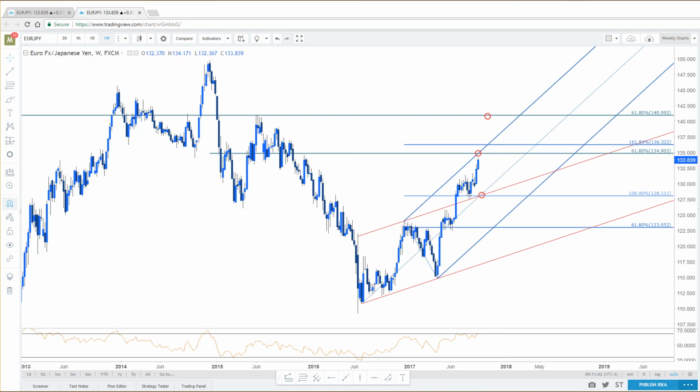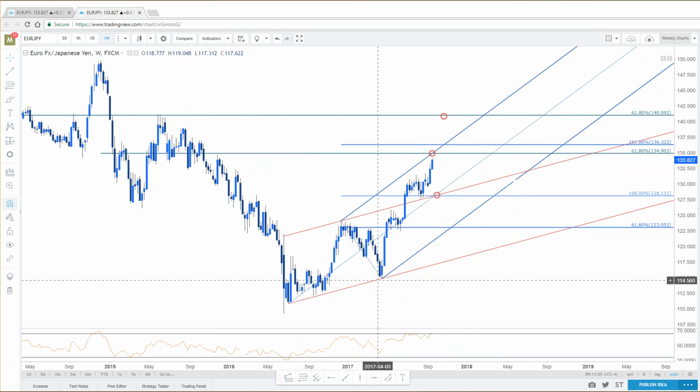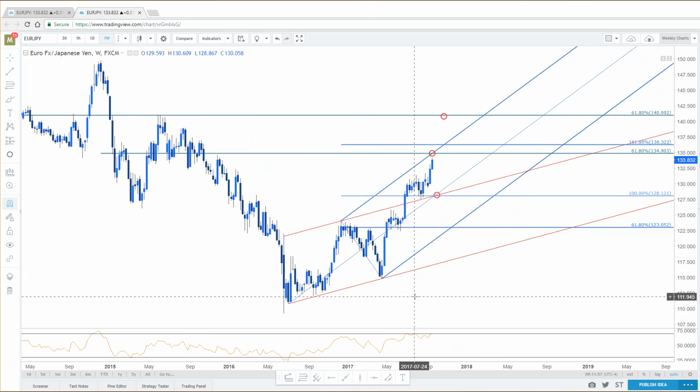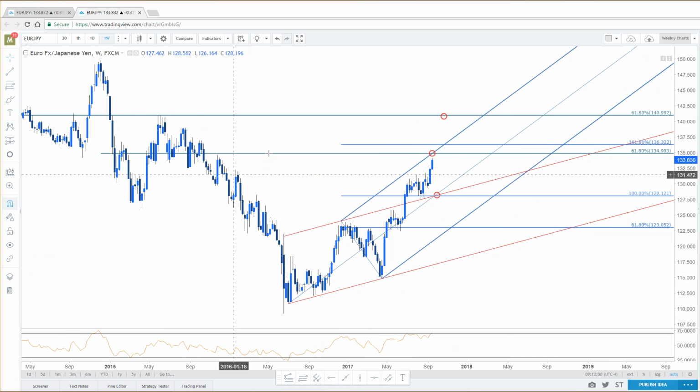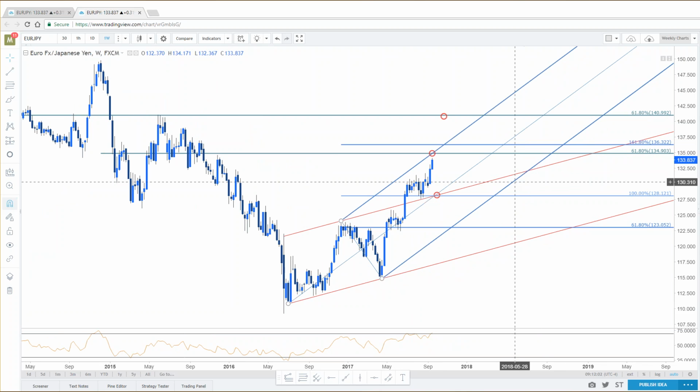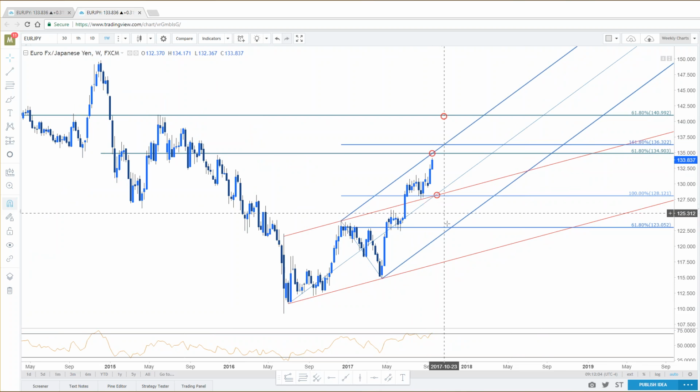Euro Yen, Pooja, here's, let me take a step back. The level I'm looking for is 134.90 would be sweet. Now look, I was really looking at this chart. I was thinking about putting out a piece on daily effects on just really broader weekly charts again, but I didn't really know how to portray this.